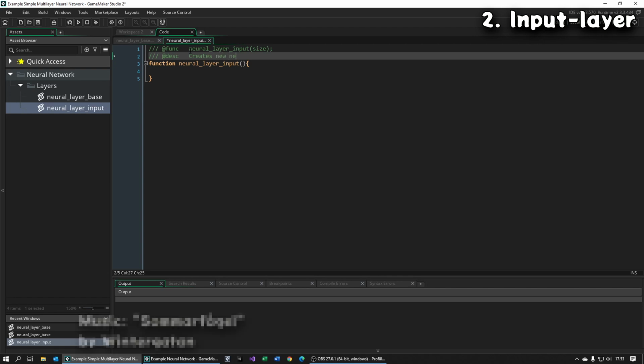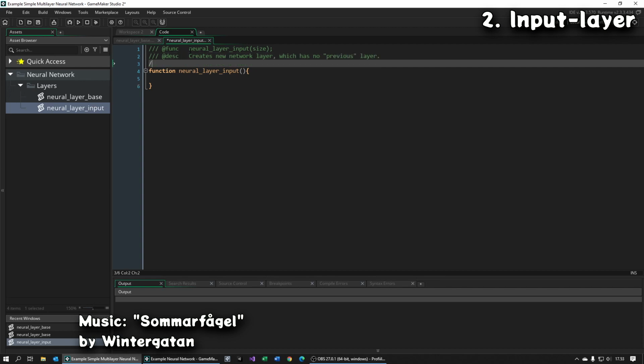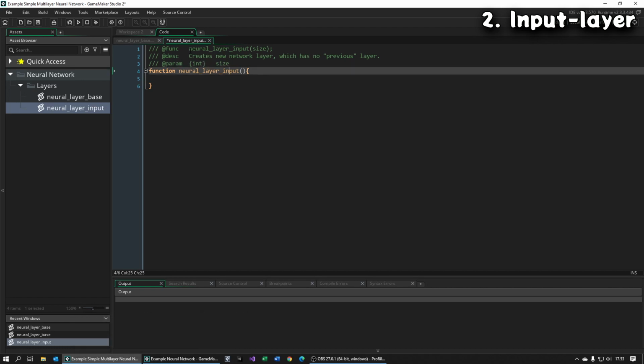The first actual layer type would be input, which is used as the first layer for a network. This will be different from other types because there is no previous layer, so the user needs to provide the input source themselves. This layer will accept an array as the source for neuron activities, but we can add new layer types for other data structures.